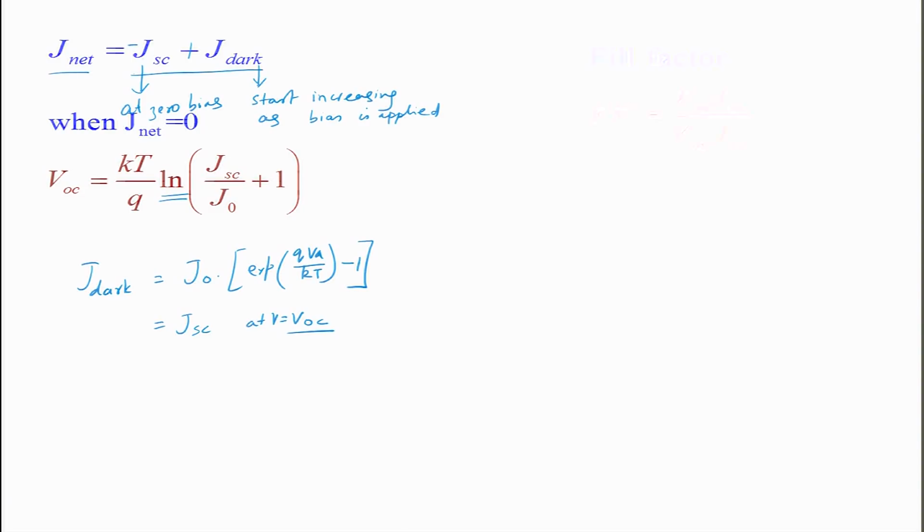Based on the shape of this curve, we get another factor which is called the fill factor. Fill factor is the maximum power that can be extracted out of a solar cell, practically speaking, with respect to the maximum possible that you can extract. So, this is Vm into Jm divided by VOC into JSC. This is called the fill factor. It is a very important parameter in the context of solar cells.